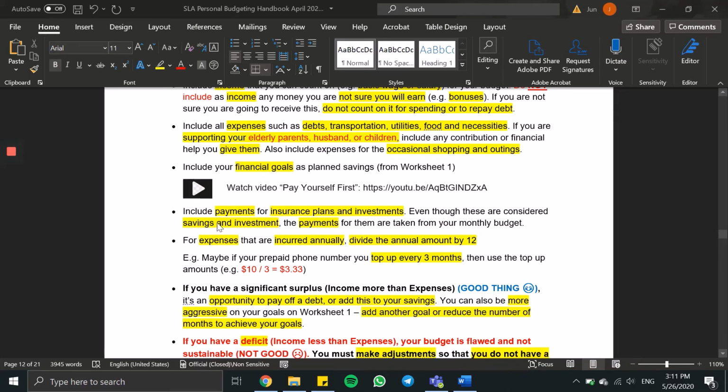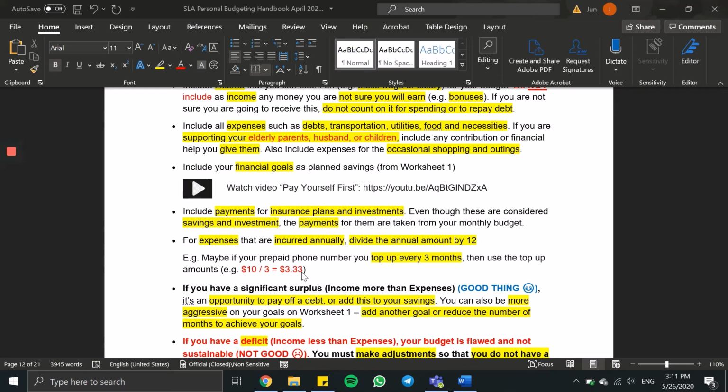Expenses include your payments of insurance plans and also the investments, since they are payments. If your expenses that you stated above are incurred annually, divide the annual amount by 12. For example, if your prepaid phone number is topped up every 3 months, divide the $10 by 3 months, and you get $3.33, which is the amount that you pay every month to top up your prepaid